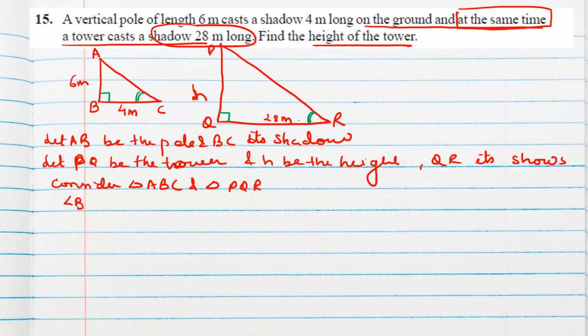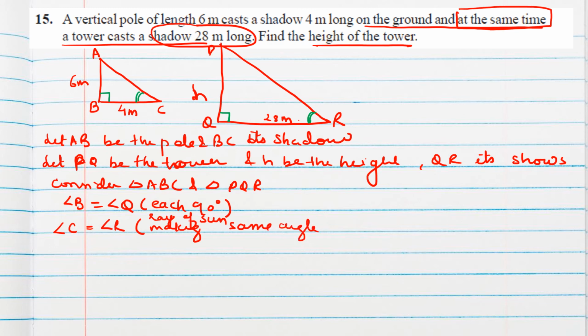We can write angle B and angle Q each 90, and angle C is equal to angle R, the ray of the sun making the same angle on the ground. Okay, so triangle ABC is similar to triangle PQR